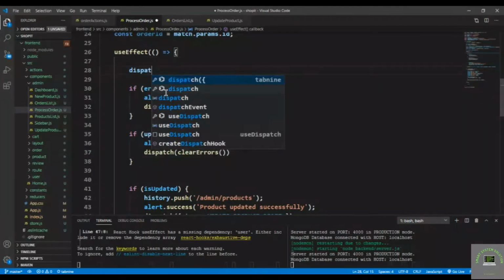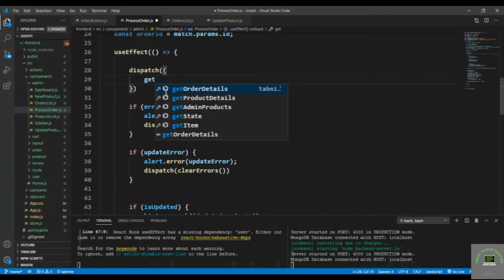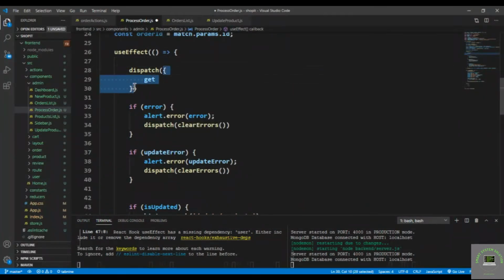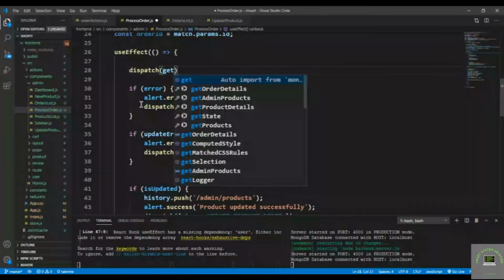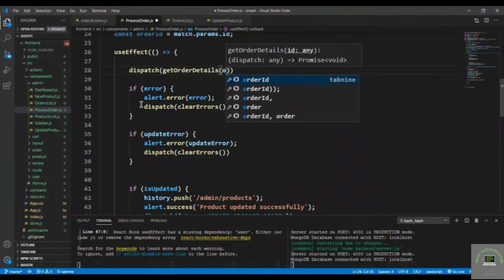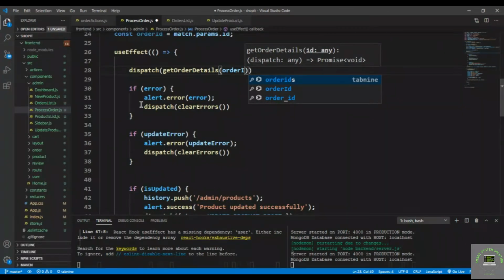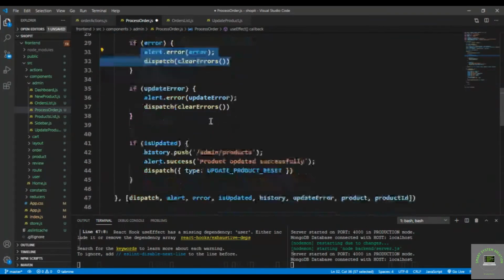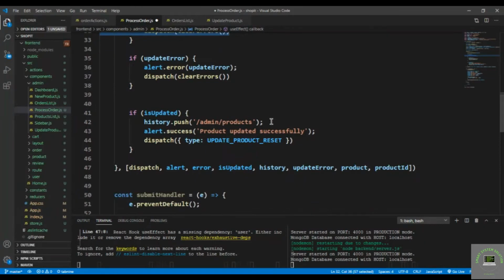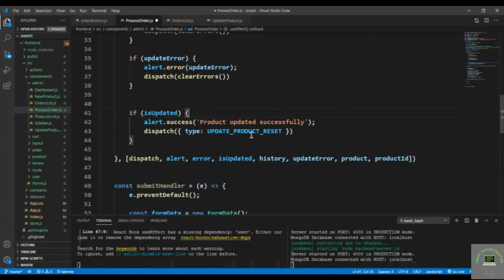So dispatch, oops, we have to dispatch here, get order details, and I pass in here the order ID. Okay, so if there is any error, then I will display that error. And if it is updated, I push to nowhere. I simply show a success here, order updated successfully, and then the update order reset,